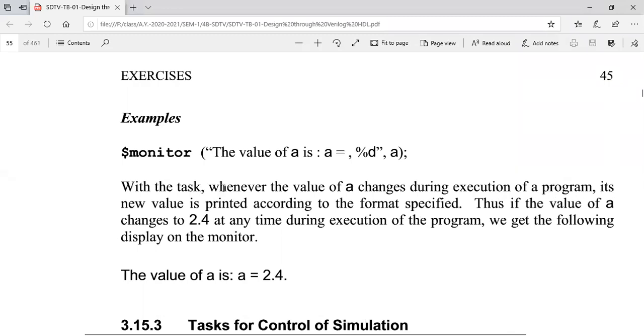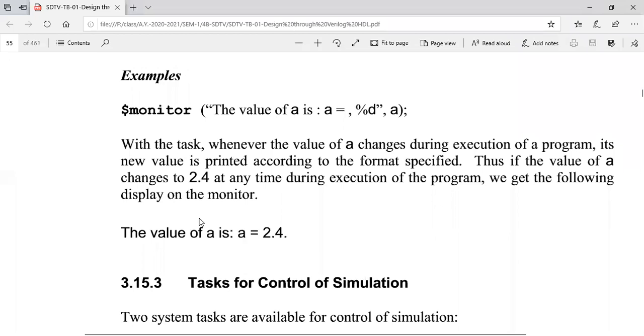Whenever the value of A changes during the execution of the program, its new value has to be printed according to the specified formats. Display is meant only for once. If you want to display only once, you use display. But note that A may be varying, and in the future steps the value of A will be varying continuously.